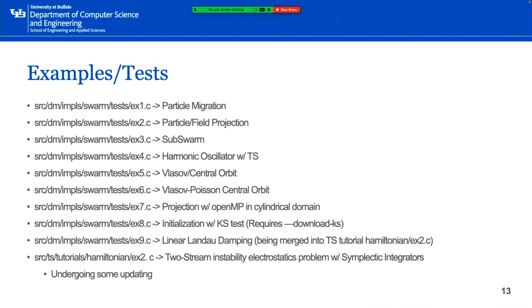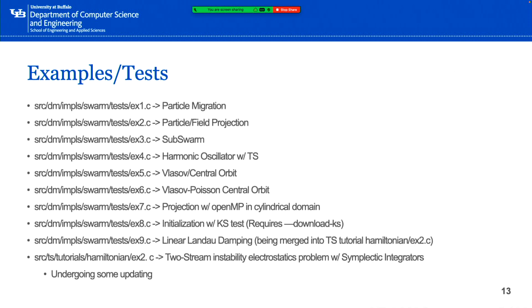And we can start to construct some different solves with our particle discretizations. So here's a location for some of the different DMSwarm tests. These aren't necessarily tutorials themselves, but they do serve the purpose of teaching how to do things. So if you want to look at some of these, feel free to check them out. So source DM impulse swarm test EX1, that's a test I'm actively working on right now for the new particle migration and point cell location algorithms we're developing, and then